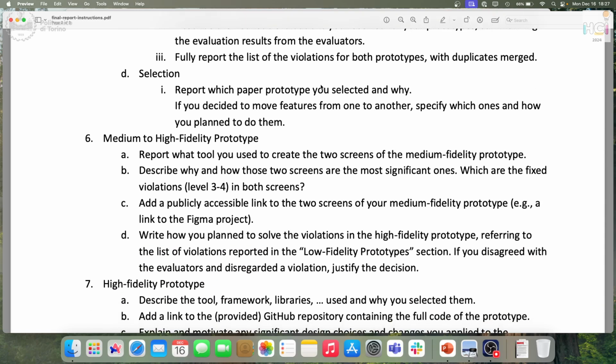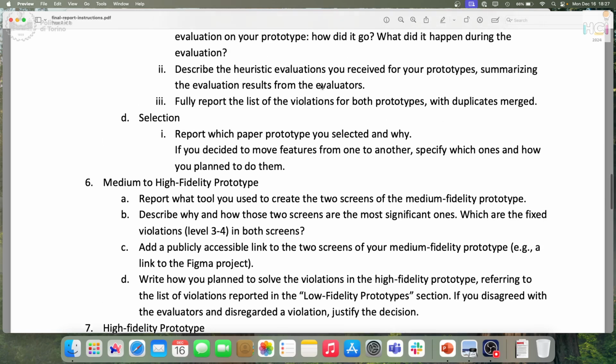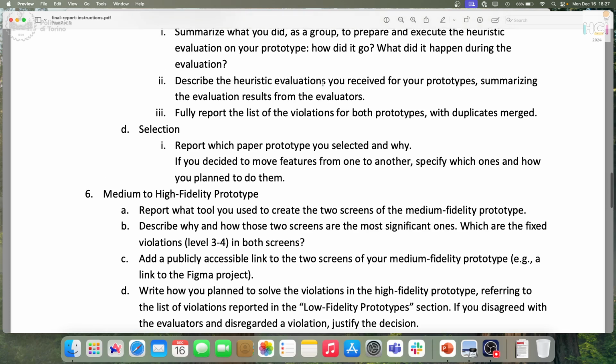Yes. What is the difference between describe the risk evaluation you received and report the list of violations? In which sense do you describe the risk evaluation you received? It's a little bit more high level and probably shorter. So